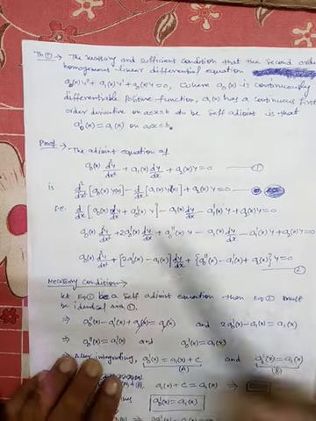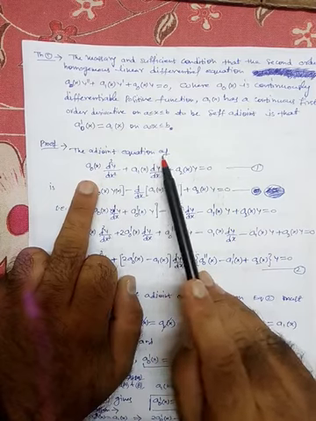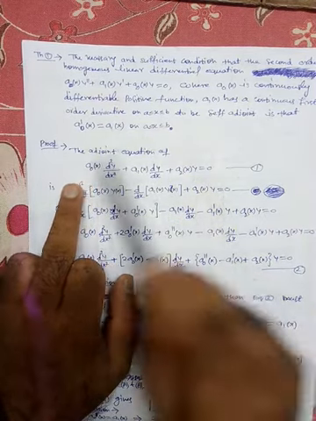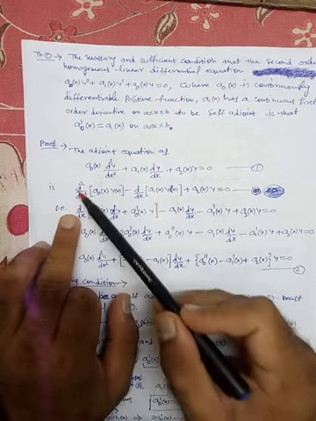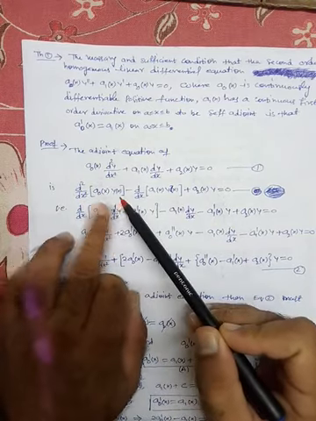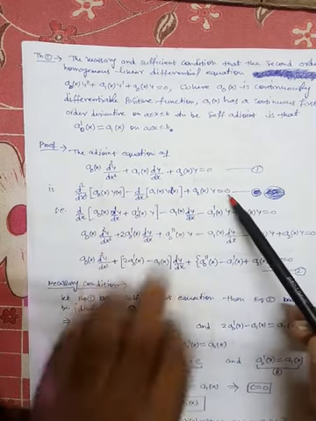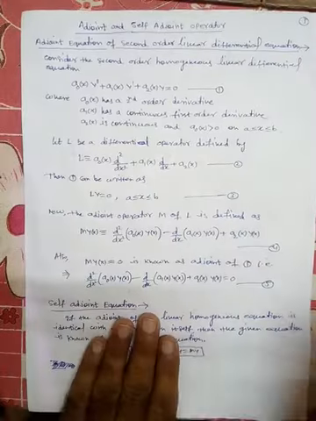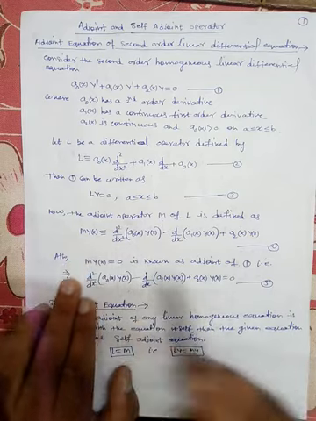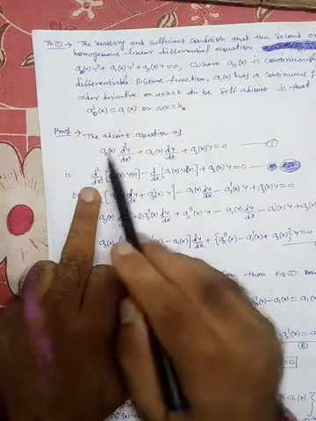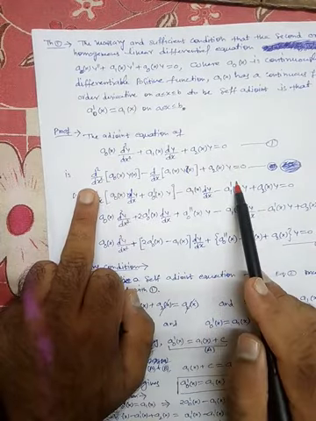So now we will prove this. The given equation is this, and the adjoint of this equation will be d2 by dx2 of a naught x yx minus d by dx of a1x yx plus a2x y is equal to 0, and we have used the definition of the adjoint operator. So this is the original equation, and this is its adjoint equation.